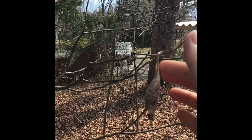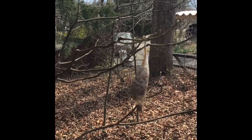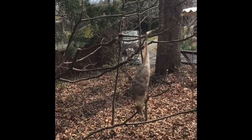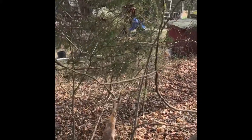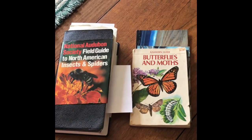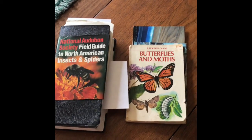But you can see there's one leaf. There's some silk that's sewn it together. And inside here, metamorphosis is going on. Metamorphosis. A great change. Back inside the house to do some research, I start with my two trusty guides, the